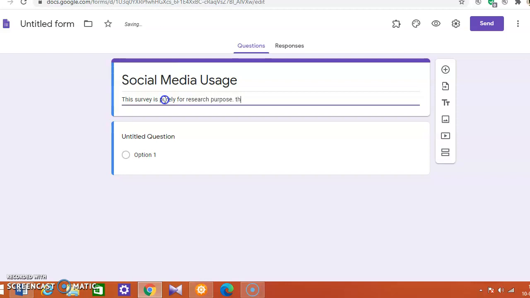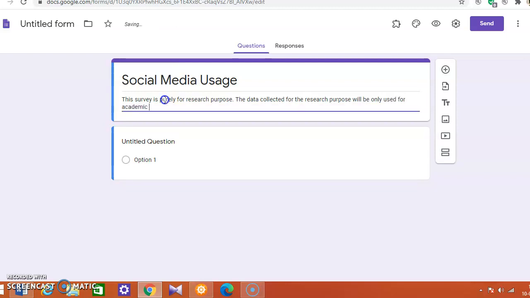purpose. We can always assure people that the data collected for the research purpose will be used only for academic research, and confidentiality is assured, so that people feel confident that their personal information would not go outside and you will not misuse this data.